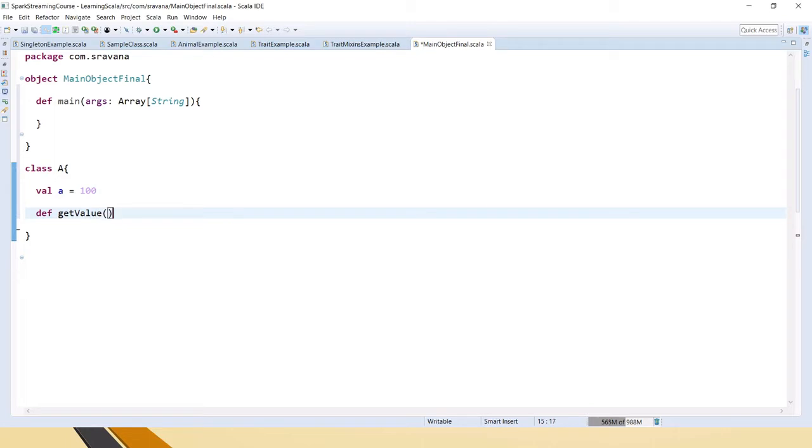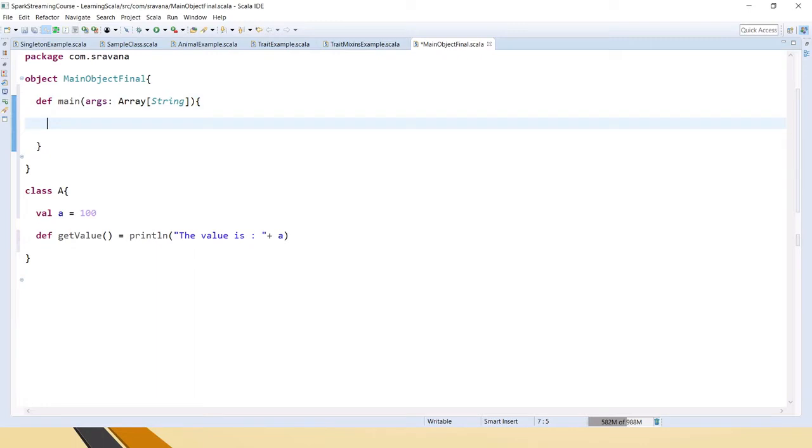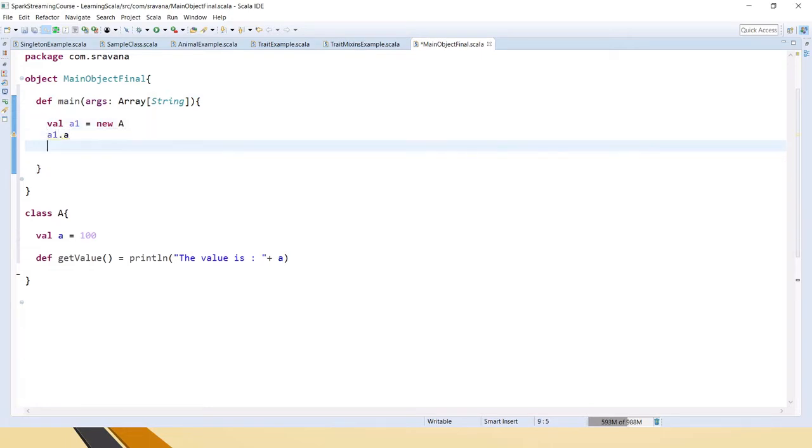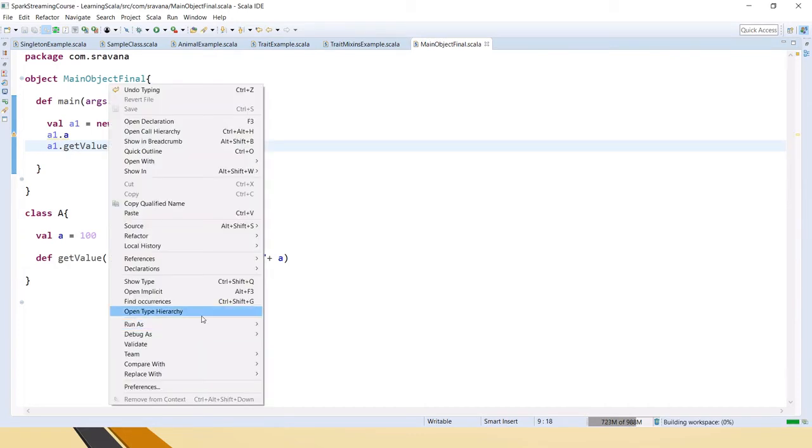val getValue equal to println, the value is, plus A. Now let's create an object for this: val A1 equal to new A, and now you can access both A1.A and A1.getValue. When I save this and run this code,